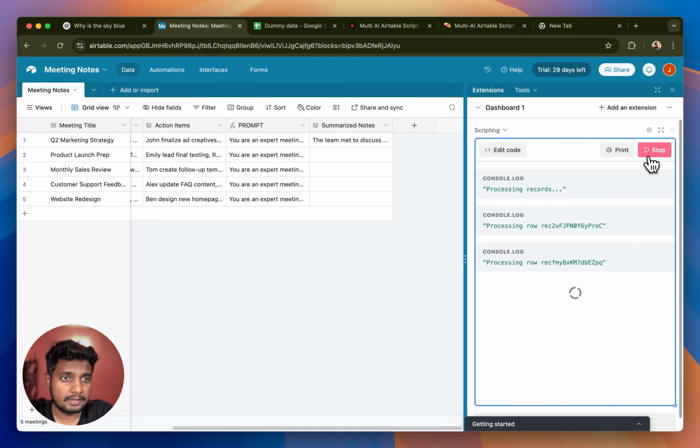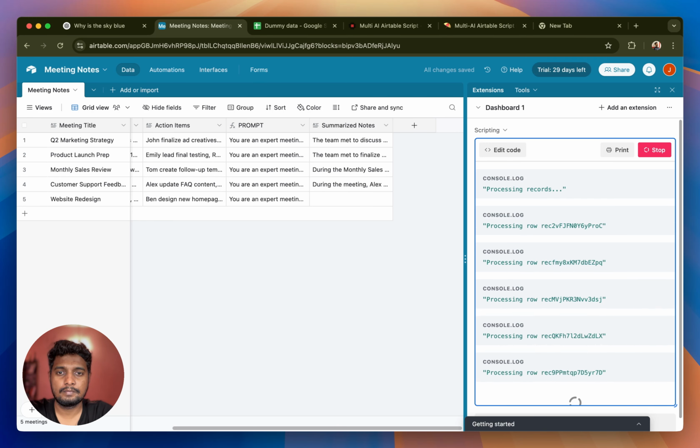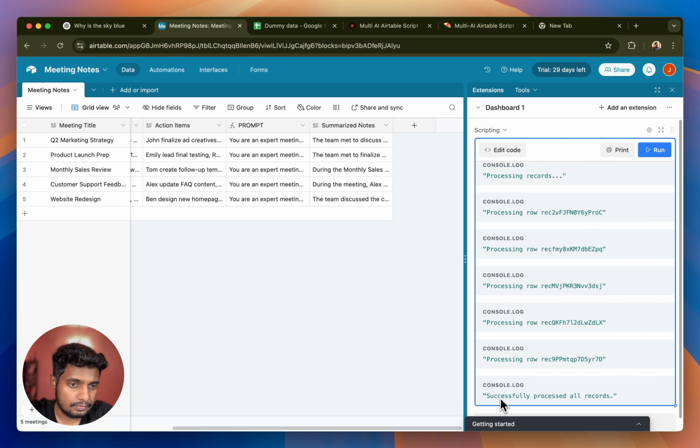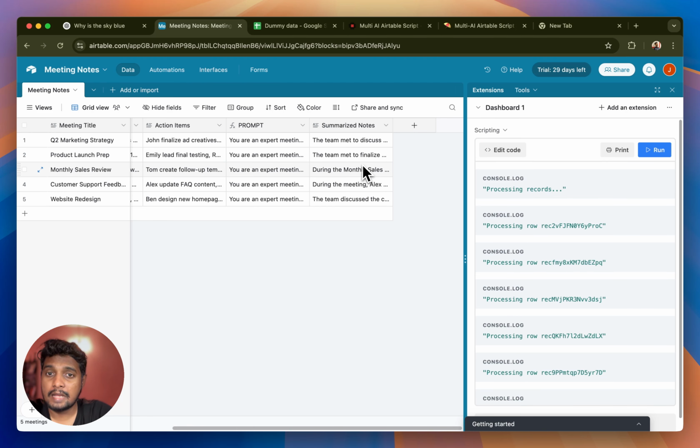Let me generate for all of these rows and come back. As you can see, within seconds it got generated for all the rows that we have. It says successfully processed all records. And even if you had like 100 of these rows, it would have taken less than maybe 5 or 10 minutes at max. So if you're not happy with, for example, this output, you can just delete it and then